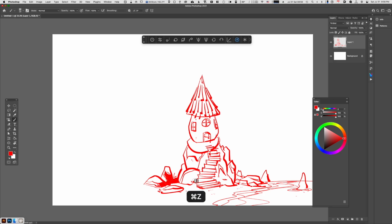Now I'm adding black fills just to give some additional depth to the scene. It also grounds your objects and creates some visual separation between the objects that are in your environment. Of course, as I've mentioned in many of my videos, I prefer to do my initial drawings in red. In some cases I'll go back and ink. In this particular case, this is just more of a warm-up sketch this evening, so I'm not taking it too seriously,